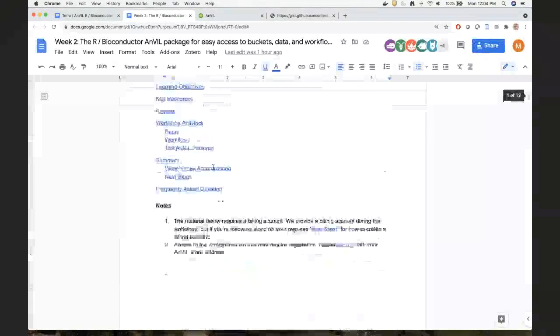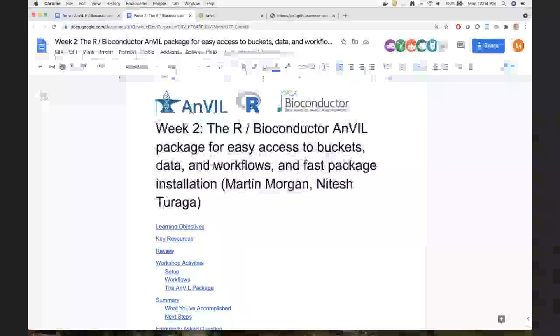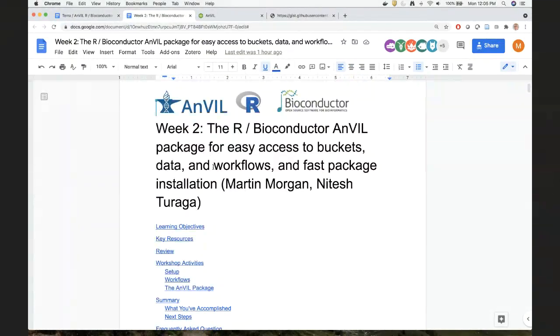We'll tackle round two of our workshop. I'm not sure that I've scheduled things exactly right, so you have to tolerate me a little bit. But I wanted to accomplish two things. One was to explore more of the AnVIL and what's going on in that environment, and then I also really wanted to highlight the AnVIL package, which is an R package that makes working with AnVIL, the overall ecosystem, pretty convenient. So we'll see how it all works